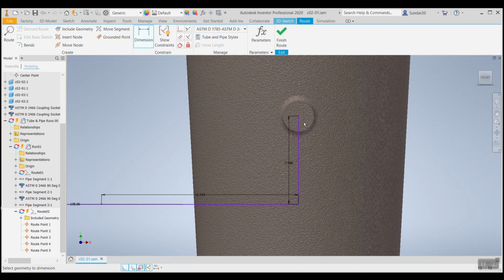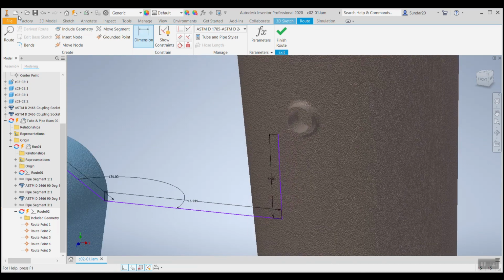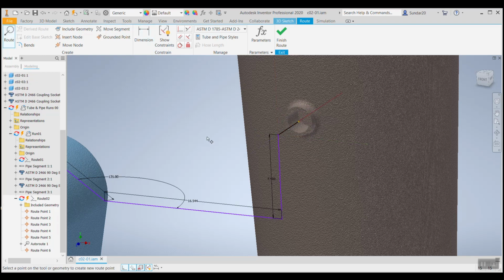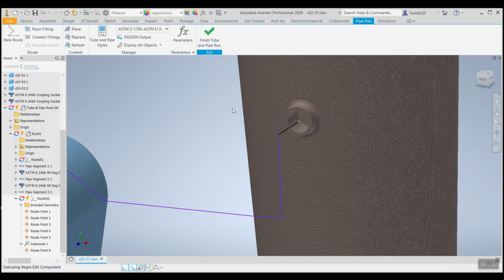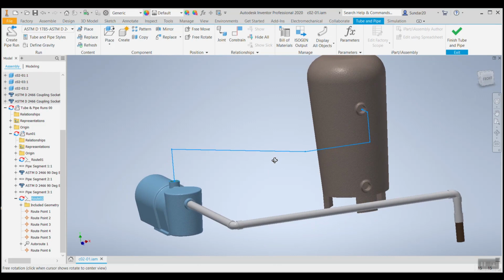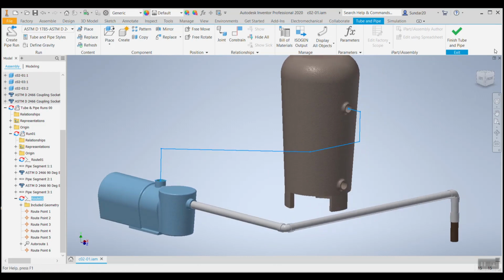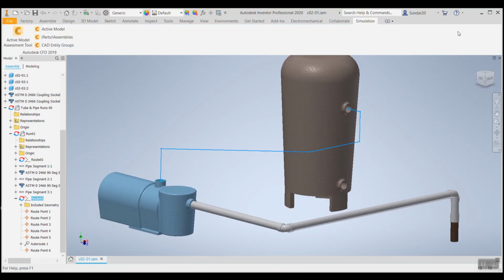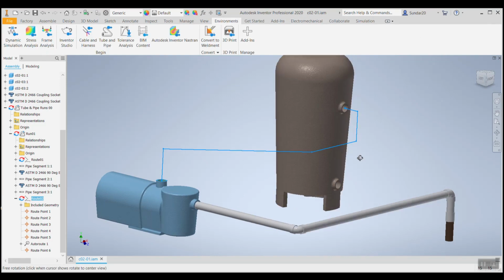So I think 7.5 will be okay, and we'll continue to route. Yeah, say finish route. So this is one such way to do a manual piping, also manual routing. And you can go over and say populate, and you can populate the piping.